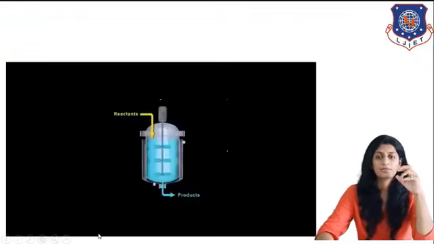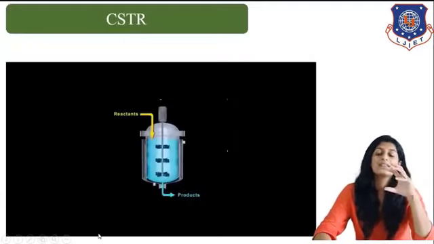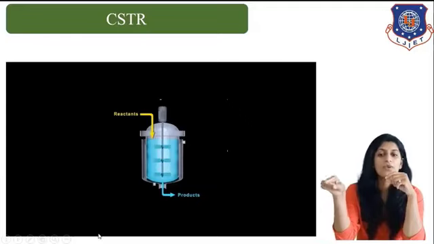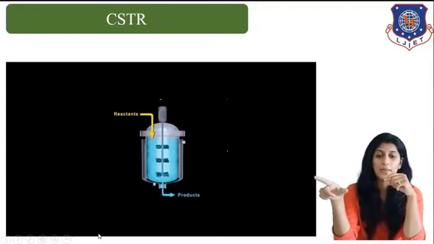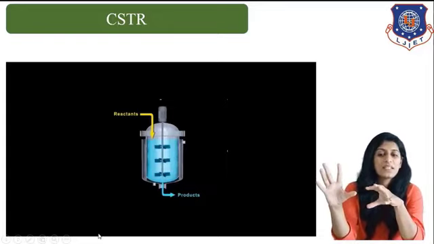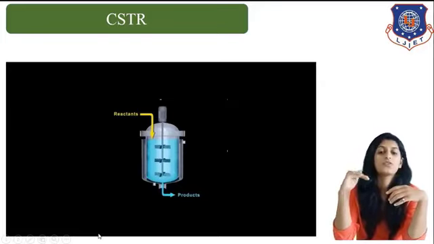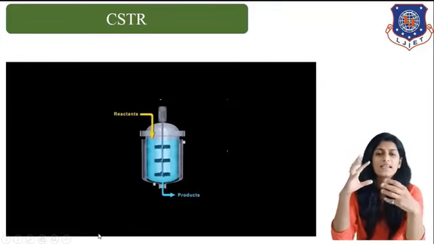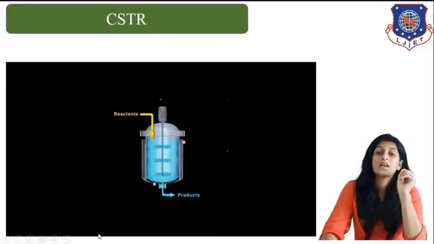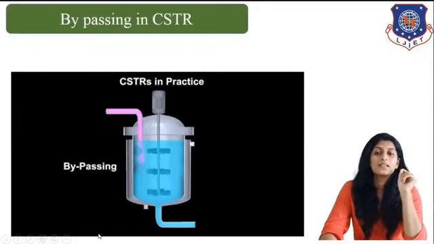Now, as you can see, this is basically a CSTR. Reactant is coming from the topmost part of the reactor and product is leaving from the bottom part. Correct. Now, this is the ideal condition. As you can see, the entire thing is properly mixing thoroughly from the topmost part to the bottom part, and there is no stagnant zone or dead zone or anything like that, right? But this is not in actual practice. In actual, if you see, this is the scenario.